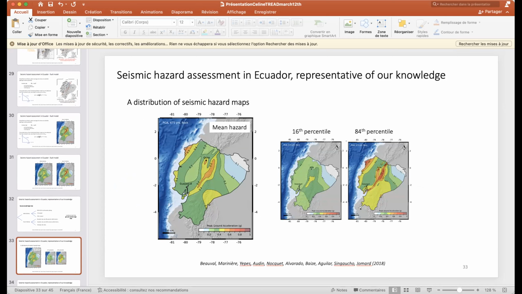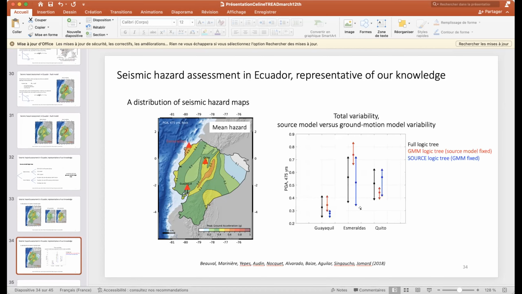Our responsibility as scientists is to deliver hazard maps representing the best of our knowledge, and then it's the responsibility of the authorities to select the exact hazard levels that will go into the regulation. Okay, most important for us, scientists, was to identify what parameters are responsible for the largest